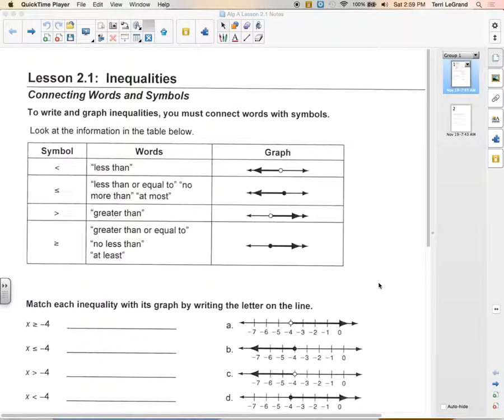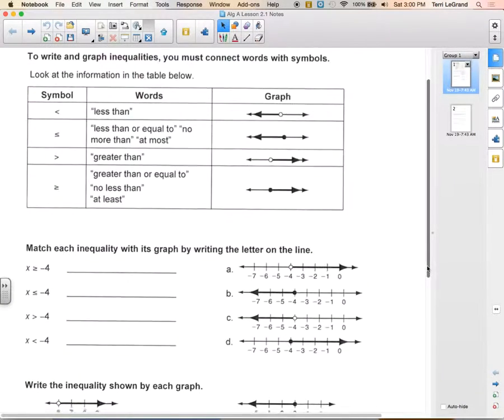Today we get to start with Chapter 2. And throughout Chapter 2 we're going to be working with inequalities. So it is really important that you get off to a good start here in Lesson 2.1, having a good understanding of what an inequality is, how to write one, how to read one, how to graph one, what do they really tell us. So let's look at this table that we have here first of all, where we have